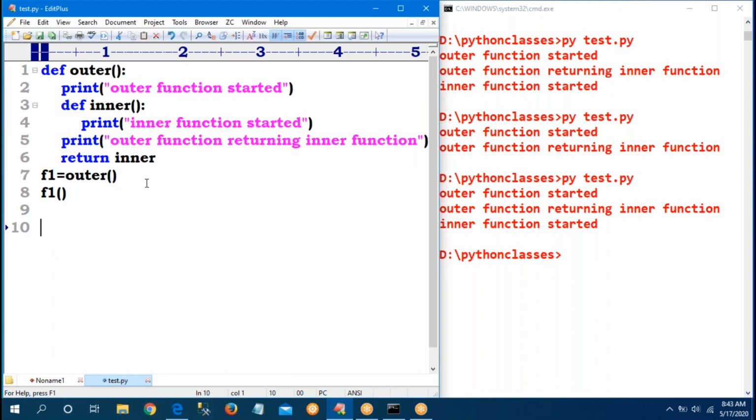Sir, suppose now it's clear. Sir, if I am removing the parenthesis, what will happen? Please tell. Sir, think a little bit.